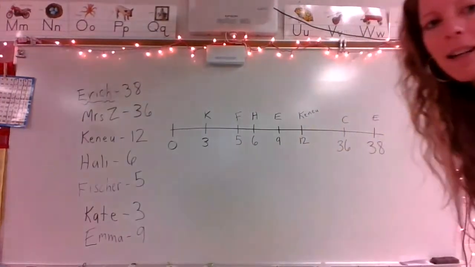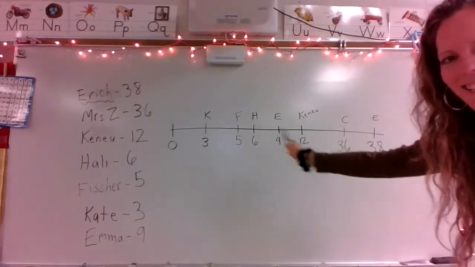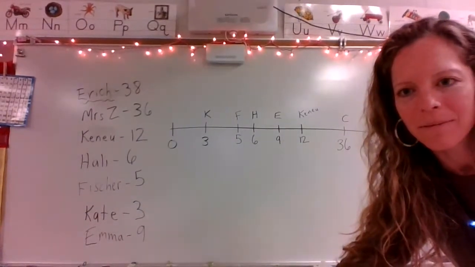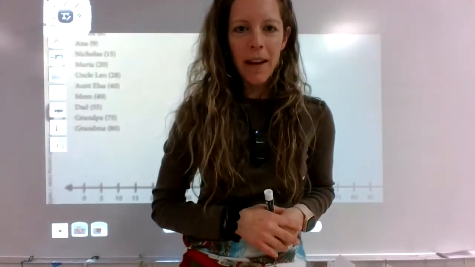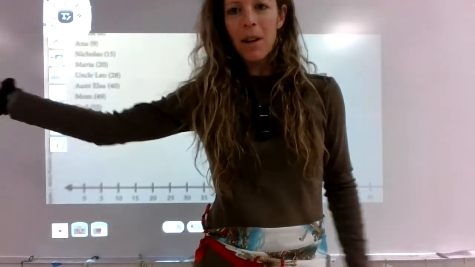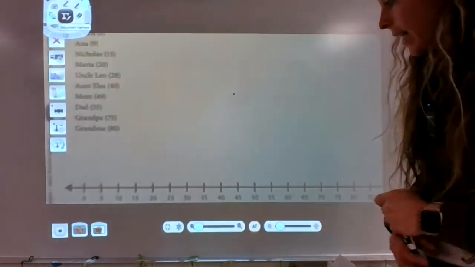Okay, there is my family on a number line from youngest to oldest. Go ahead and finish yours. I can't wait to see the picture of your family number line where the people's ages spanned from youngest to oldest. Now, for the next activity, I have a number line that's